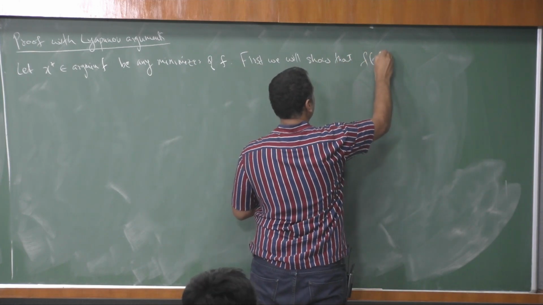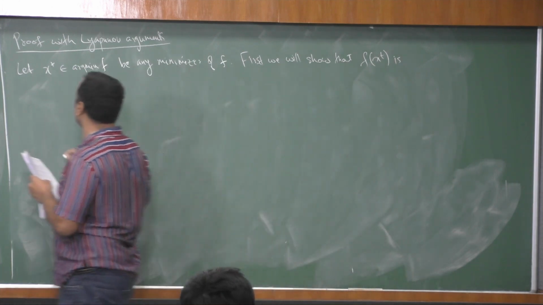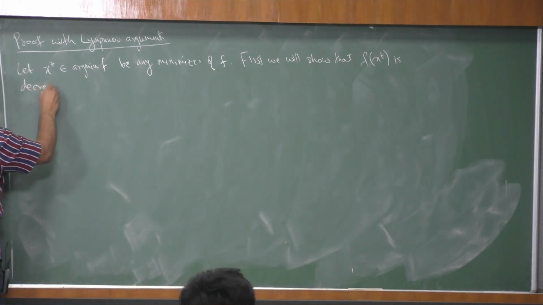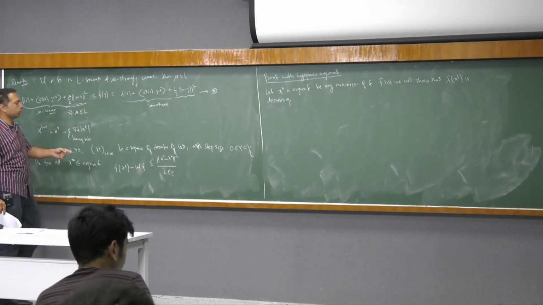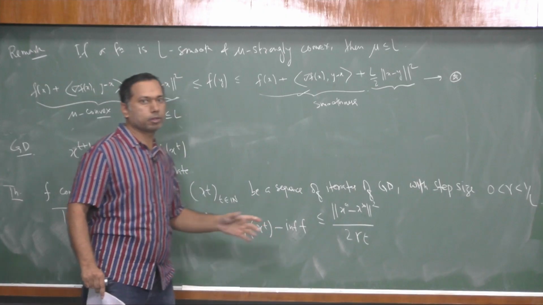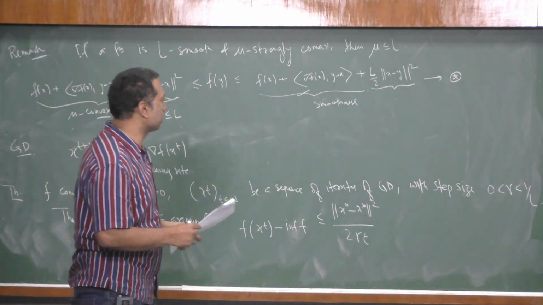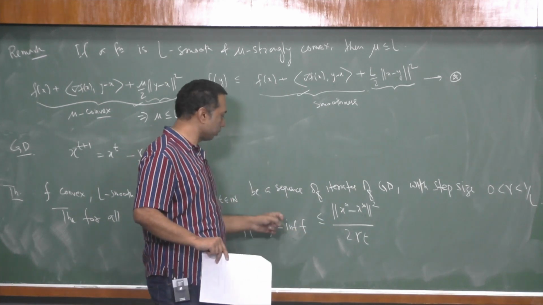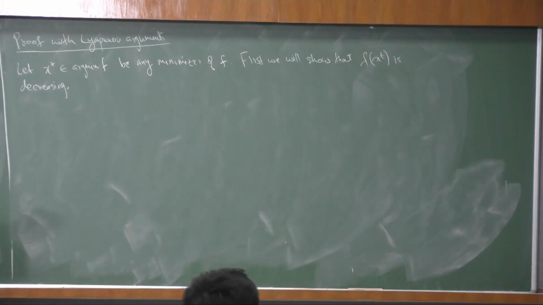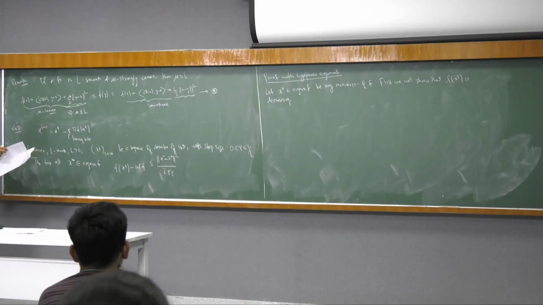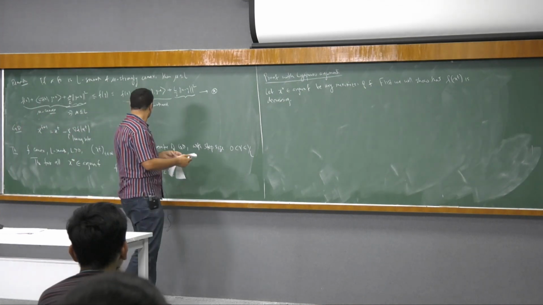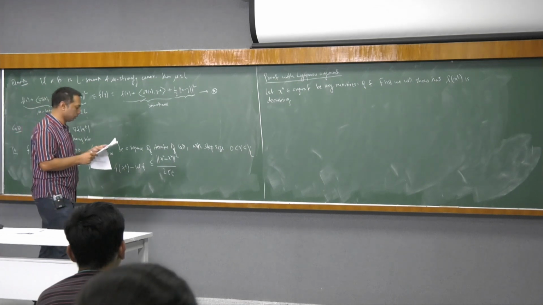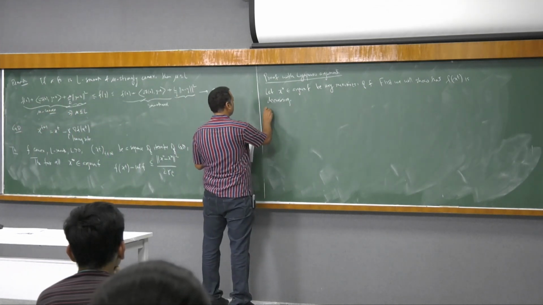f(x_t) is decreasing. So that is a good requirement because we are working with a minimization problem. So we want f(x_t) to decrease, right? And if it's decreasing, then I know that okay, I'm going to some minimum. So if we now look into the lemma, that's why we proved a couple of lemmas. Now, if we look into the lemma where f was given to be L smooth, yeah, that lemma is not there. Okay. So recall